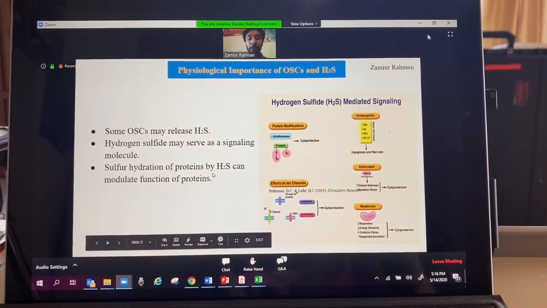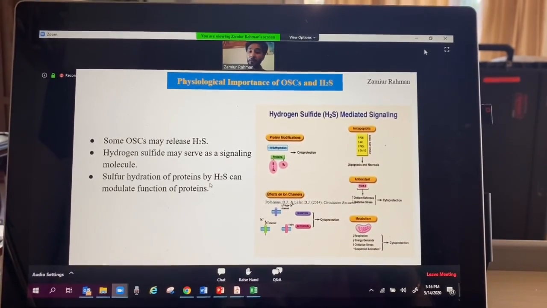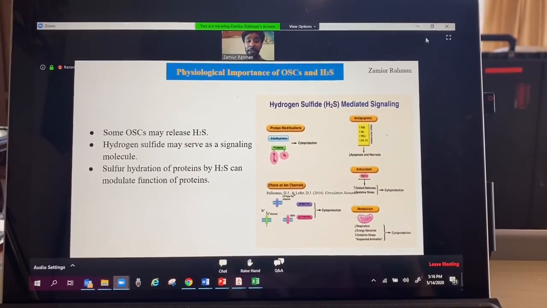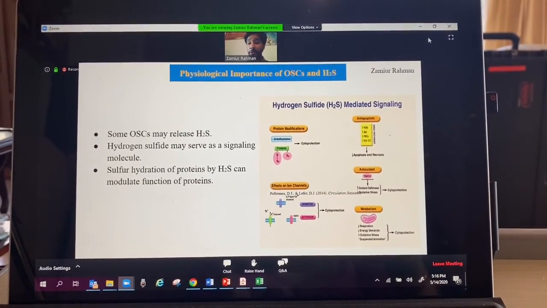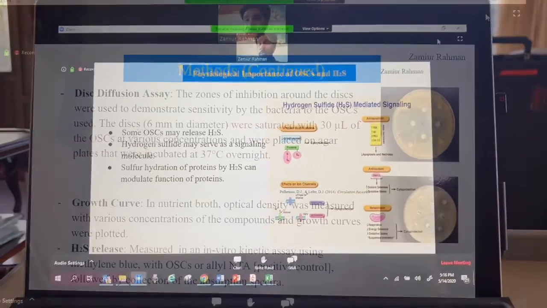An important aspect of OSCs is that they may release H2S, which may serve as a signaling molecule in a variety of cell types, including mammalian cells and bacterial cells. So H2S can modulate protein